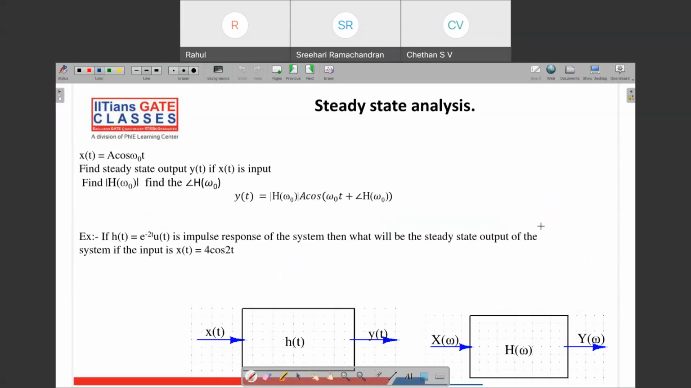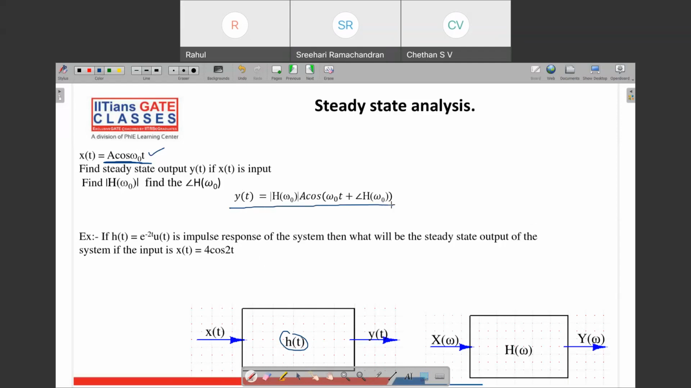Now, this Fourier transform we use to calculate the steady state signal. If some input signal is given, then what will be the steady state output? So, how do we calculate the steady state? Let's say we have been given a cos omega naught t as an input, and we have been given either h of t or h of omega, any one of them,